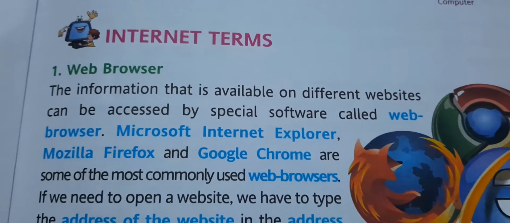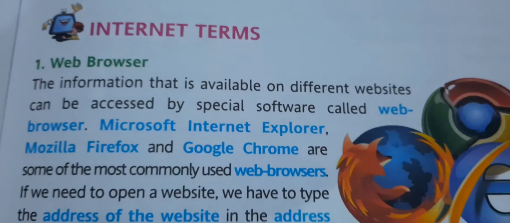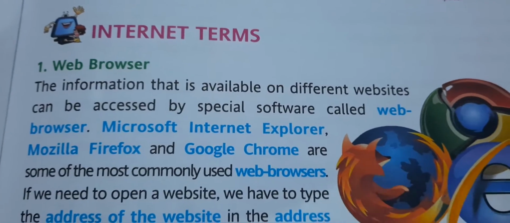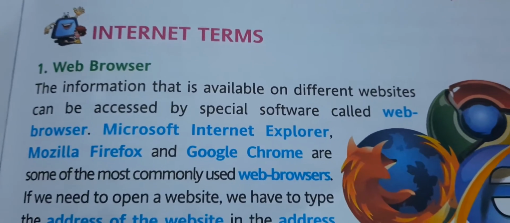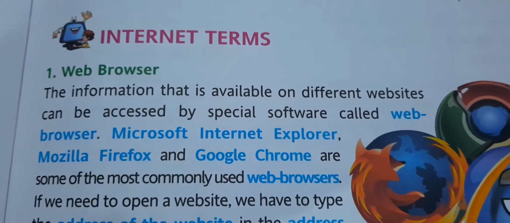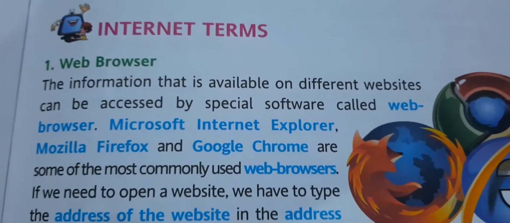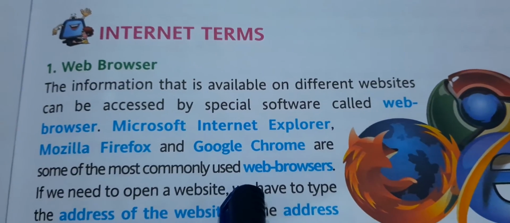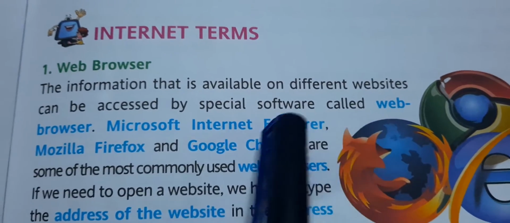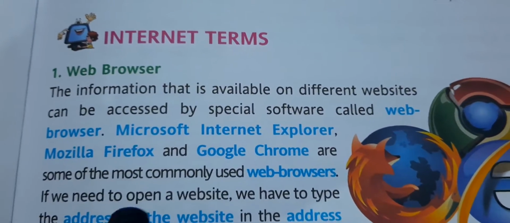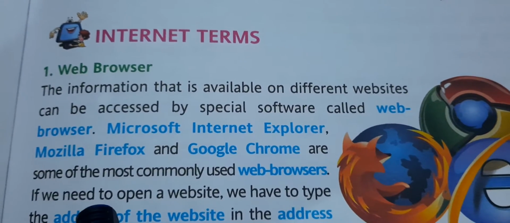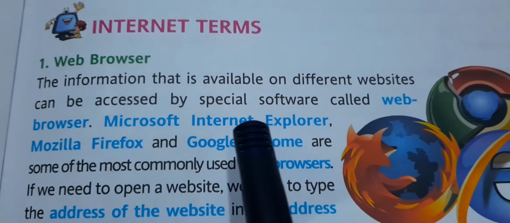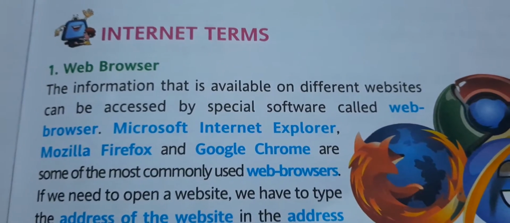So let us take an example. A simple example of web browser is like this: when we want to study, we need to keep our books and copies on something. So usually we keep them on the table. So web browser is like a table on which we can open our books, that is different websites, to access information. Okay, so now it must be easier for you to understand what is the meaning of web browser and how we can use website with reference to that.